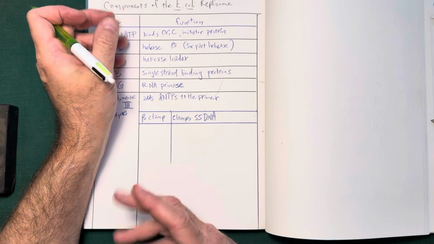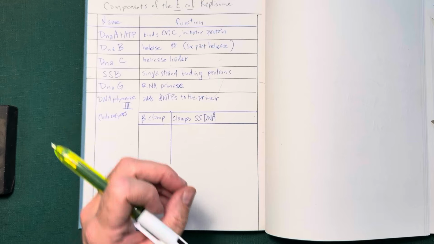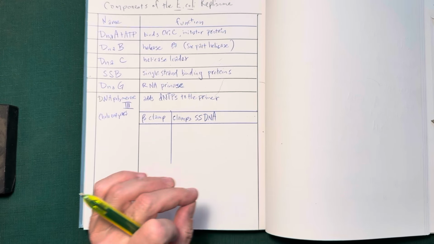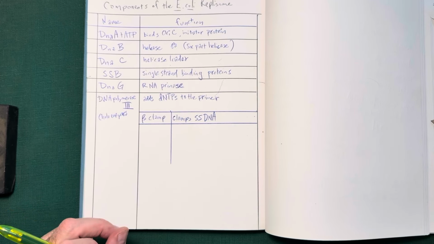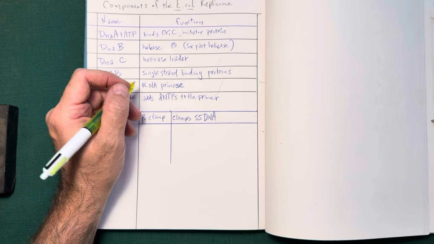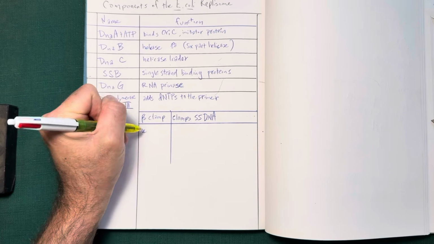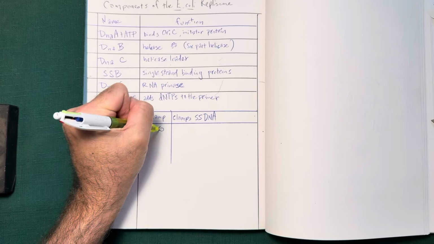So we need this additional clamp. So clamps have to be added on before we can start adding the nucleotides. And it's the DNA polymerase that binds to the clamp, so it knows where it's supposed to be feeling around for those free 3' hydroxyls. We've got units alpha and epsilon and theta,